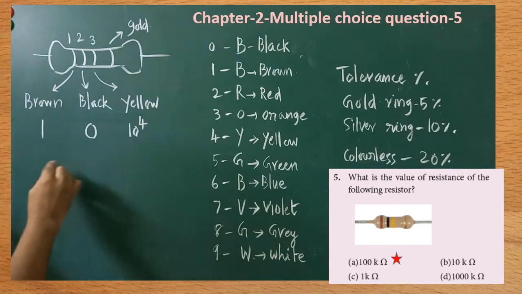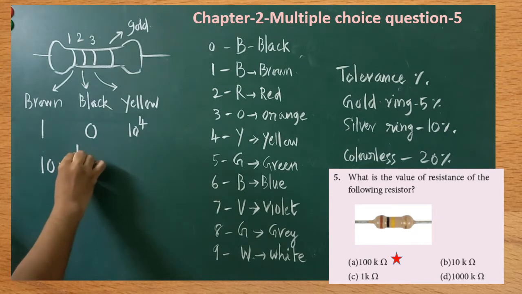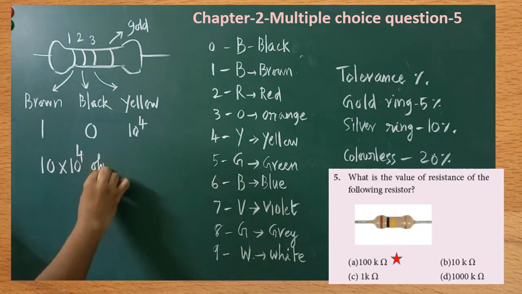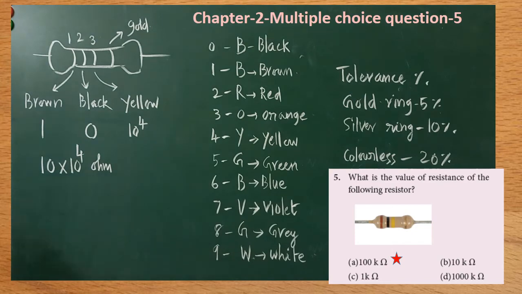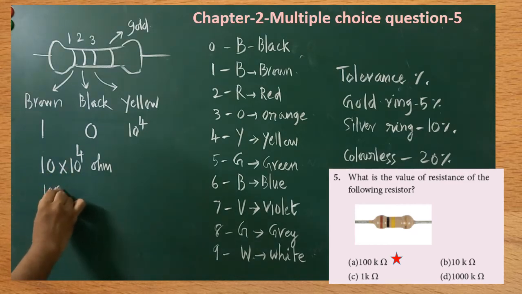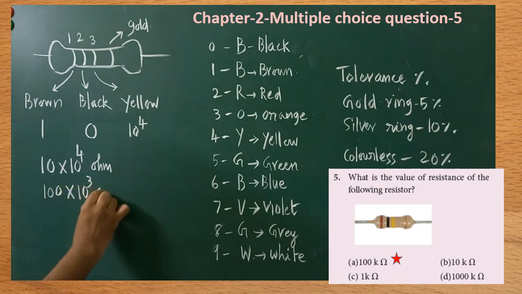Now you combine everything, you write it together. 10 into 10 to the power of 4 ohm. So this is the answer. Are you clear? So to get the answer as written in the option, what do we have to do? Here 4 options are given. To get the exact option, what do we have to do? Here this one can be combined. Are you clear? 1 0 can be written along with this. That becomes 100. The remaining thing is 10 to the power of 3 ohm.